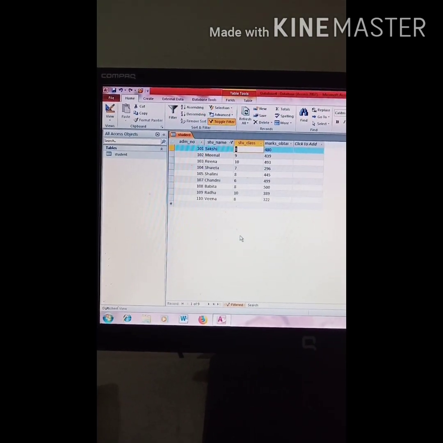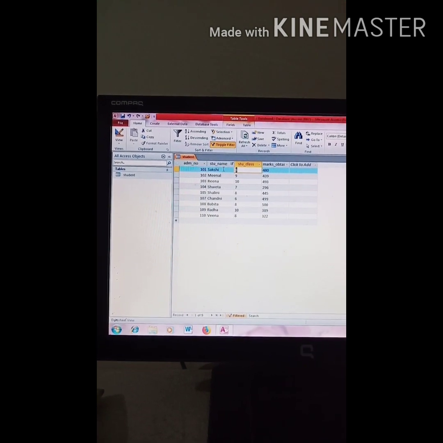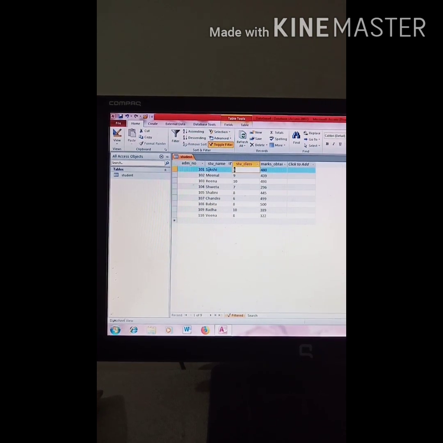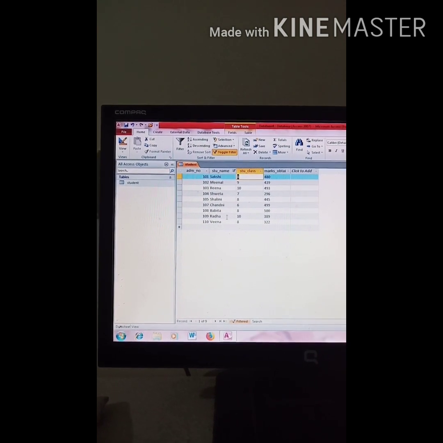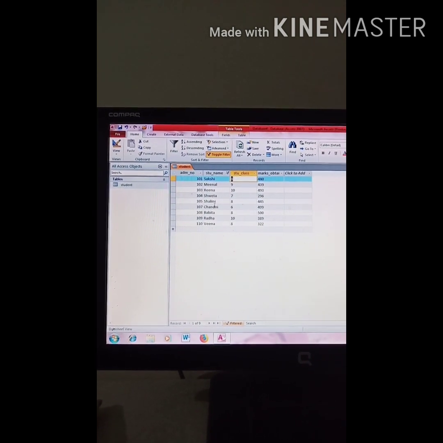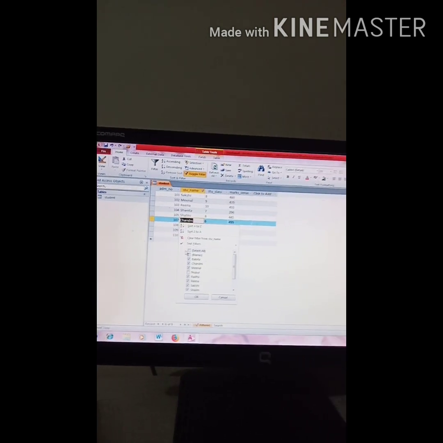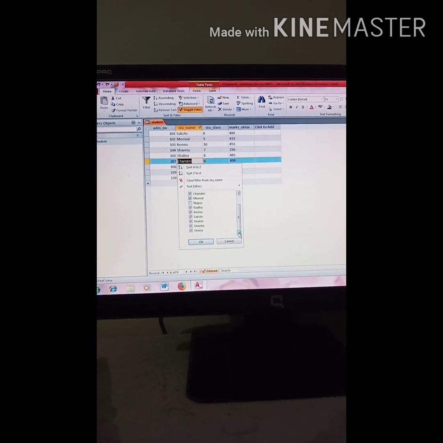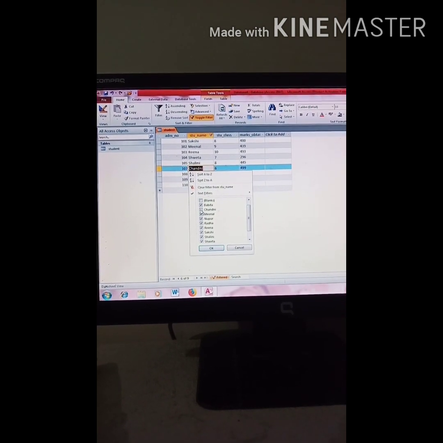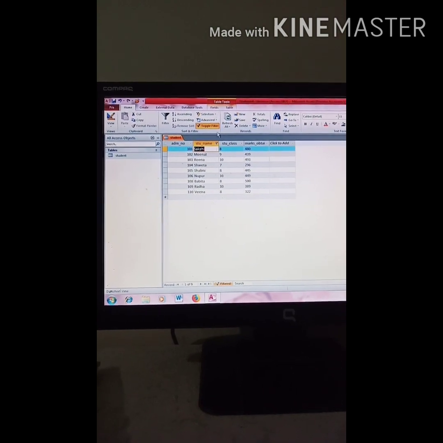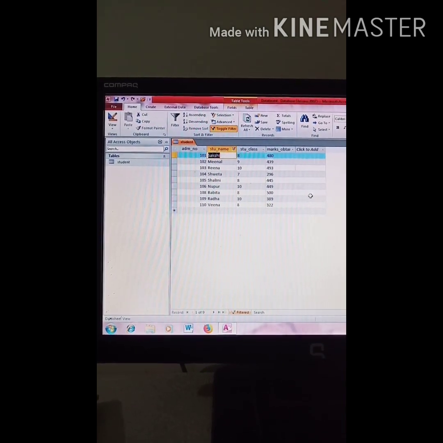Now it's time to explain to you about filtering of data. First of all, we will talk about the text filter. As I told you, the text filter will work on text data. Here I am applying the text filter on student name. Suppose I don't want this Chandni to be in my database. What I have to do is click on this and select this filter. All the names under the field student are displayed here. I don't want Chandni in my list, so I just deselect Chandni from here and click on OK. See, you can see the name Chandni along with all the details has been eliminated from my table.